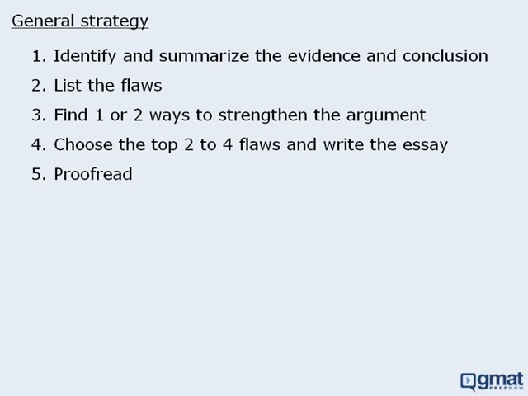a specific argument. So our first step here is to identify and summarize the evidence used in the argument, and to also identify the conclusion. This is a crucial step, since our task is to critique how well the author's conclusion follows from the evidence, and we cannot do that if we have not identified the key parts of the argument. Now, once we have deconstructed the argument, we're ready for the second step, which is listing the flaws in the